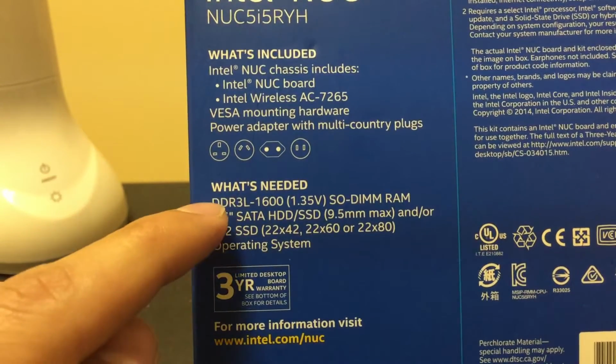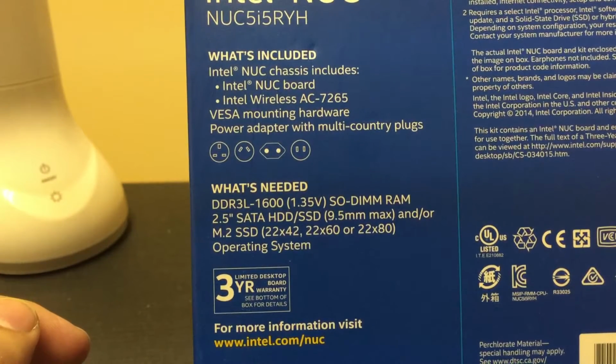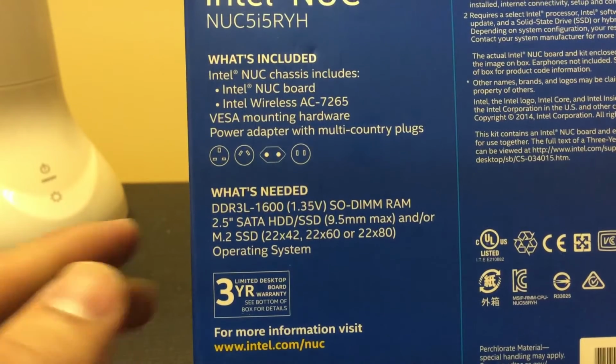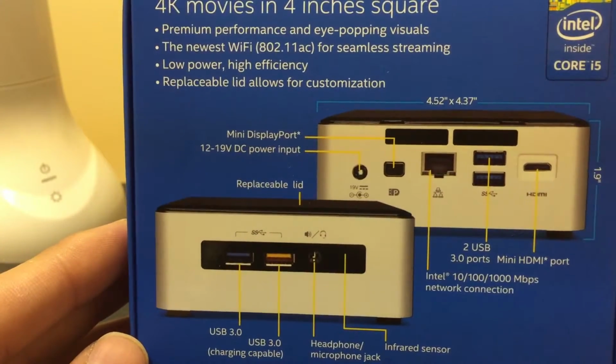So I already bought the RAM. I have the Intel SSD, which I'll show you in a second, everything taken apart, and we will also show you the M.2 SSD. And other than that, here's just a look at the